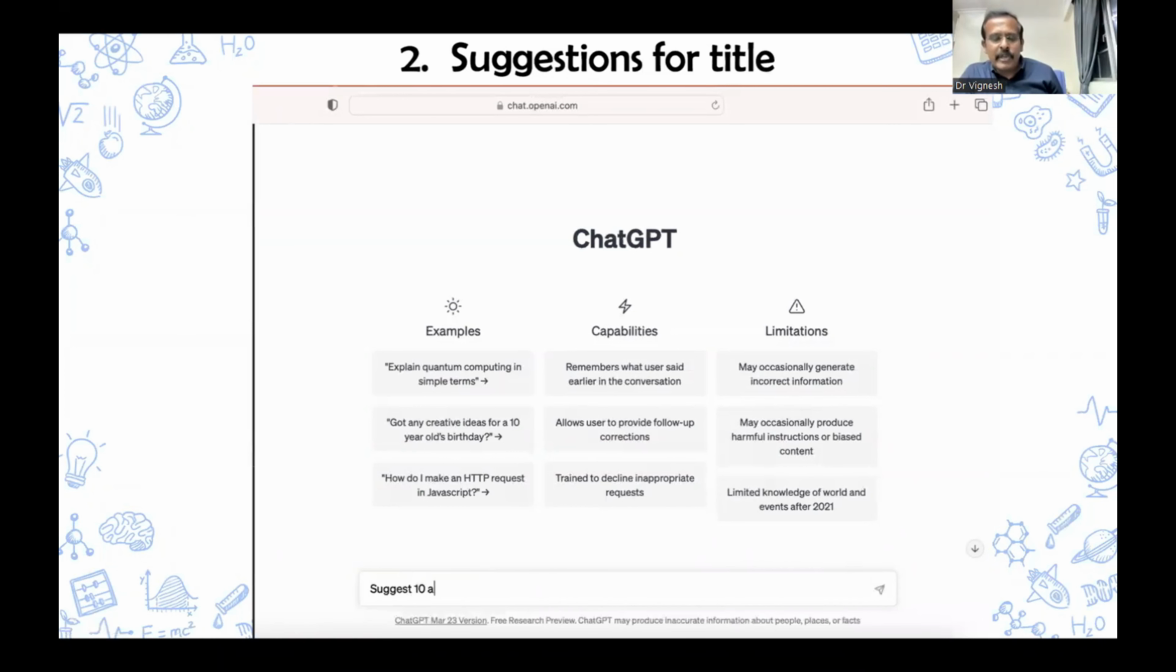I asked ChatGPT to suggest 10 alternative titles for an opinion article. Say I'm writing an opinion article about the use of AI for scientific writing, where I also have to discuss the advantages and disadvantages of using artificial intelligence. What could be the titles? This is what I asked, and with a single click, it came up with 10 titles. As you see here,